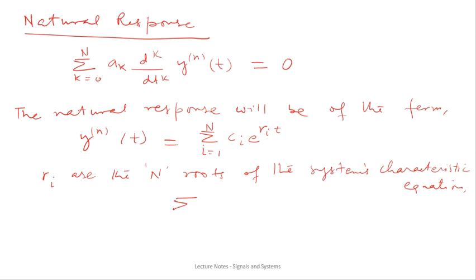And what is the characteristic equation? The characteristic equation can be written as, okay. So the solution of this particular equation, you can also name these equations, just call this as 1,